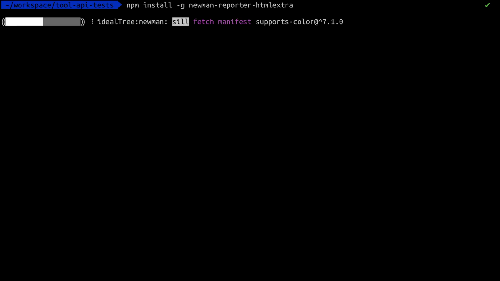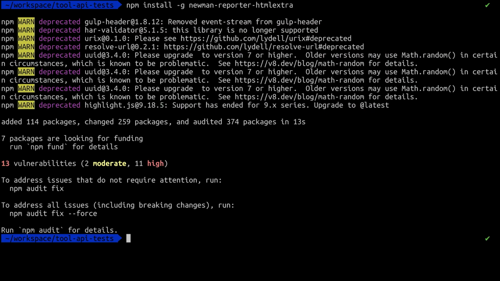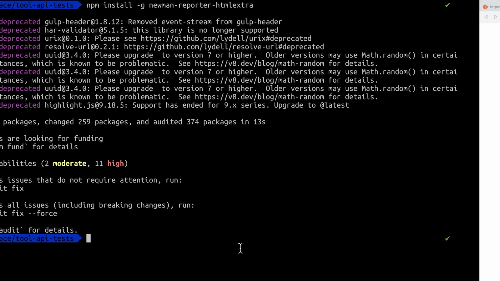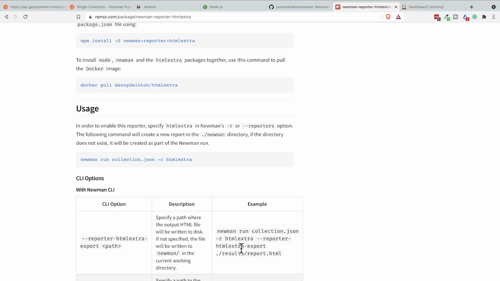And again, if you're getting any warnings during the installation process, don't worry about it. In this case, you cannot run Newman reporter htmlextra and get a version. This is not how it's going to work. But at this point, it will still be installed. So don't worry about whatever you're seeing here in terms of warnings. We'll see in a second how that works. Going here through the documentation,